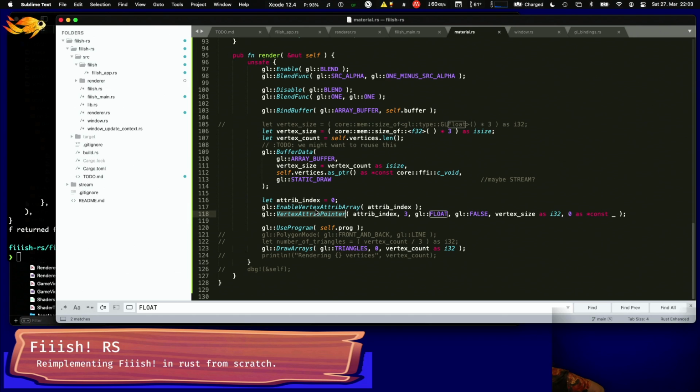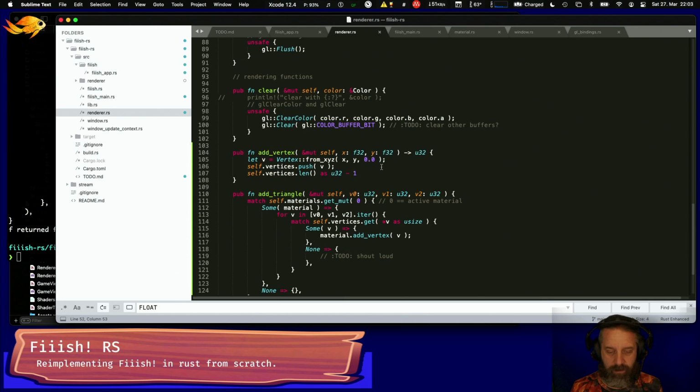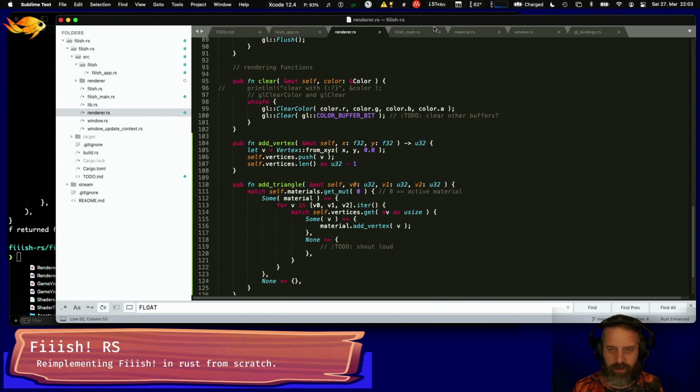Bind the buffer. And we draw the array. What am I missing? Why is nothing showing up? This is actually being called, right? We're not doing something super stupid, so